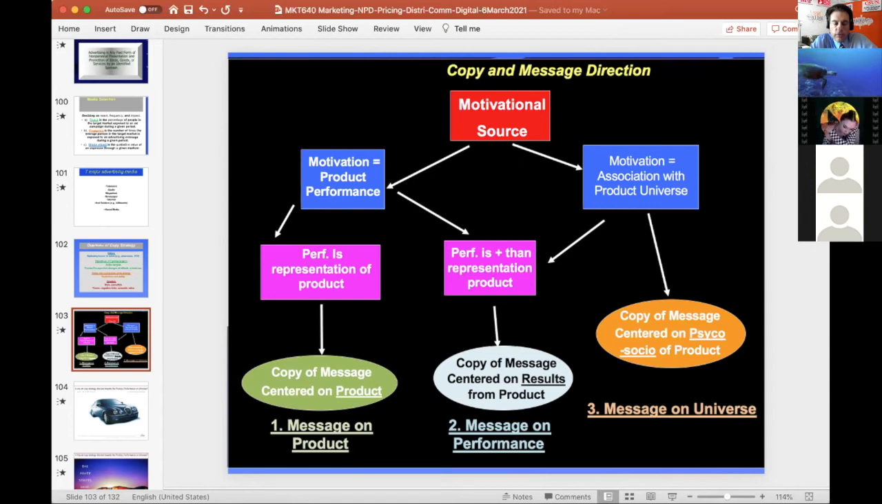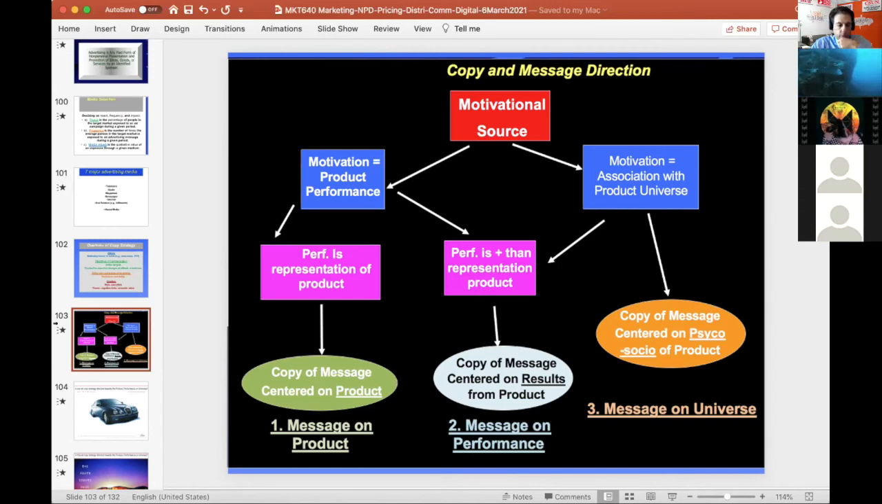Motivation is on the association with the universe where the product is being used. And then the third is the representation of the product. So product, result, and universe. Okay, so